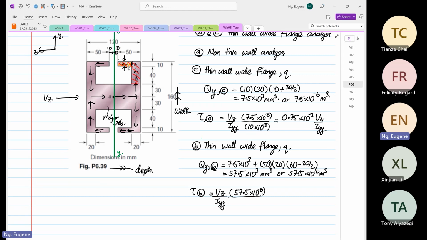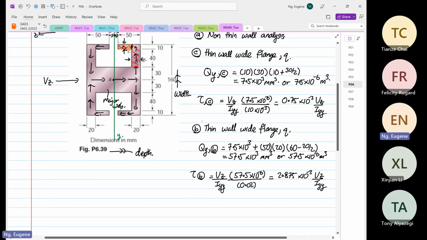And then the thickness again is perpendicular to the shear flow. The geometry of the shear flow is 0.02. So this is equal to 57.5 times 10 to the power minus 6 divided by 0.02, which is equal to 2.875 times 10 to the power minus 3 Vz over Iyy. Let me do it again: 57.5 times 10 to the power minus 6 divided by 0.02 is 2.875. Okay. Then we have to find it at point A,